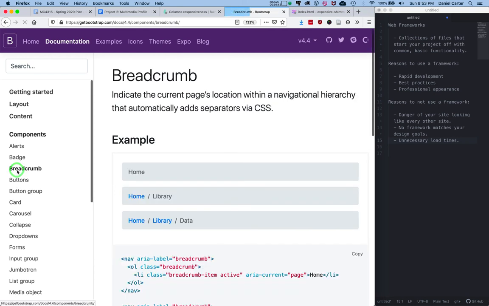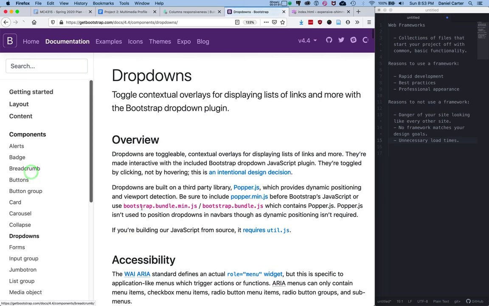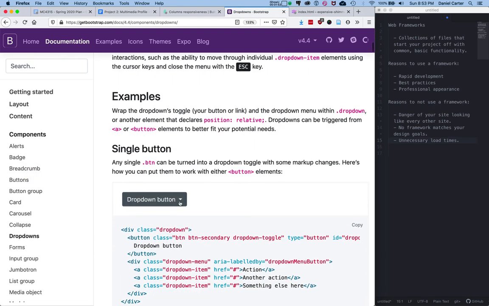So we've got what are called breadcrumbs, these little menu guys that you'll see everywhere. We've got buttons right here. We've got drop-down menus. And what a web framework will do is give you a really quick way to start using this functionality without having to write a bunch of code every time you want another button or every time you want this drop-down